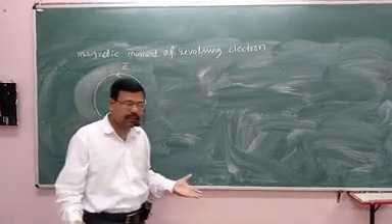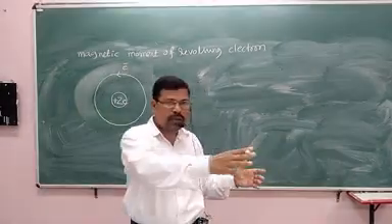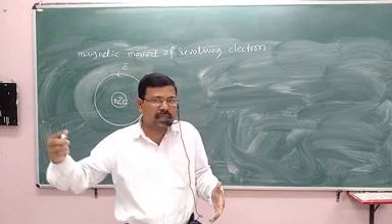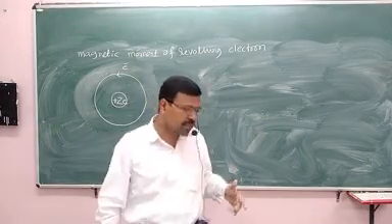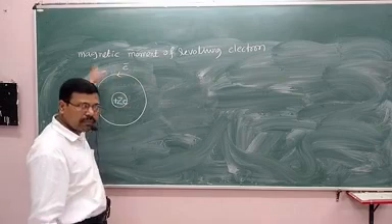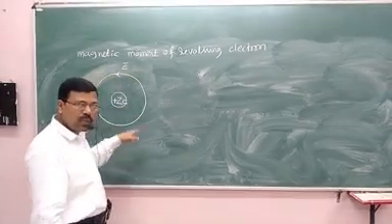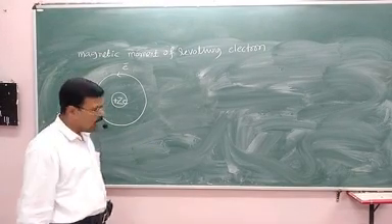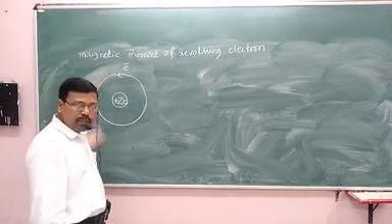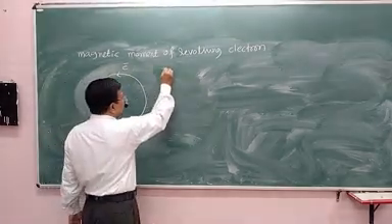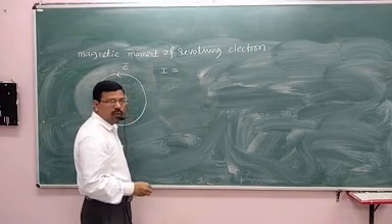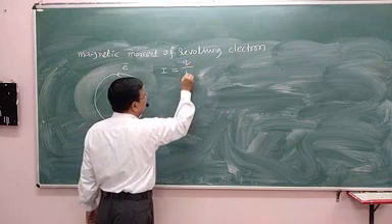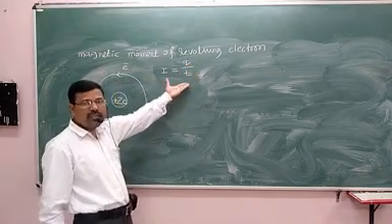As we studied, wherever charges are moving, there will be current. In other words, the electric current is due to flow of charges. Here also, the electron is moving. The electron is revolving around the nucleus, which constitutes electric current. As we know, the current produced by the electron, I, is equal to the rate of flow of charges, that is Q upon T. This is the basic definition of electric current.